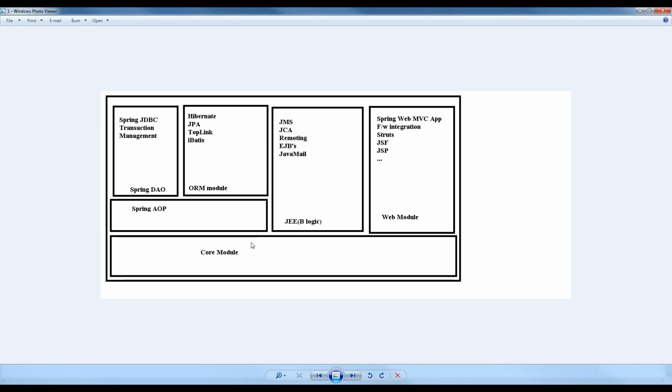But what is the Spring core module, and why are we using it for every application? And what prerequisites do we have to take care of when developing or applying any application? Those are the things we have to know in today's class itself.